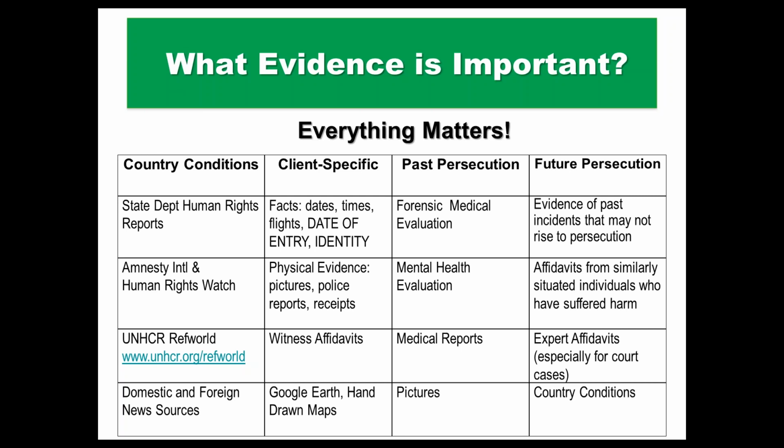Physical evidence such as police reports, pictures of a ransacked home, things like that are also incredibly useful, but they may not be available in the vast majority of cases. But again, that's one of those things that if you don't have that evidence, you want to explain why you